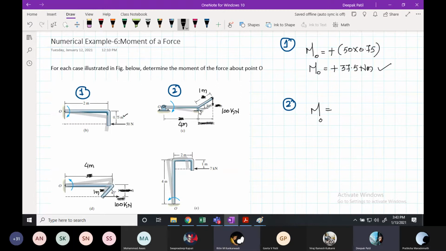See this, in this inclined length is 1 meter. So then what will be this length? And this angle is given as 30 degrees. This angle is 30 degrees and this inclined length is 1 meter. It means this length should be 1 cos 30 if you use the cosine rule. Yes or no? Right? So now tell me what will be the moment produced by this 100 kilonewton at point O?